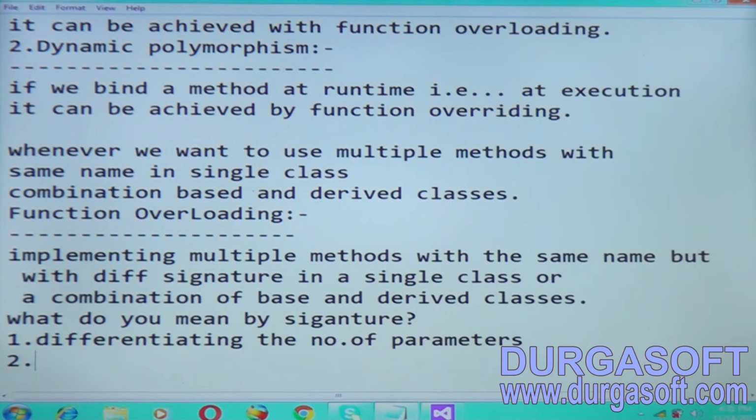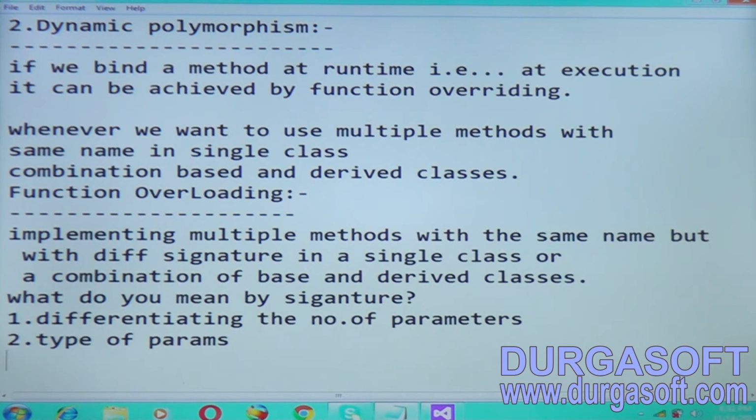Second is the type of parameters. And third is the order of parameters. So differentiating between the number of parameters, type of parameters, and order of parameters is called a signature.